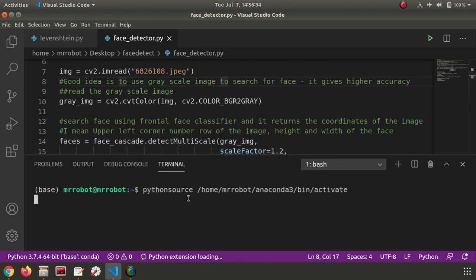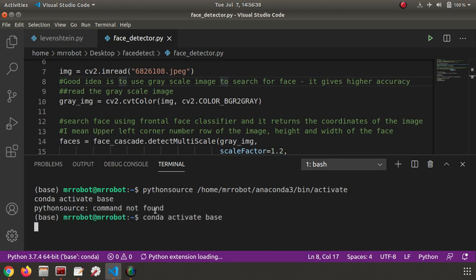Python, wait, it's getting loaded. Python face detector.py. Sorry, stop.